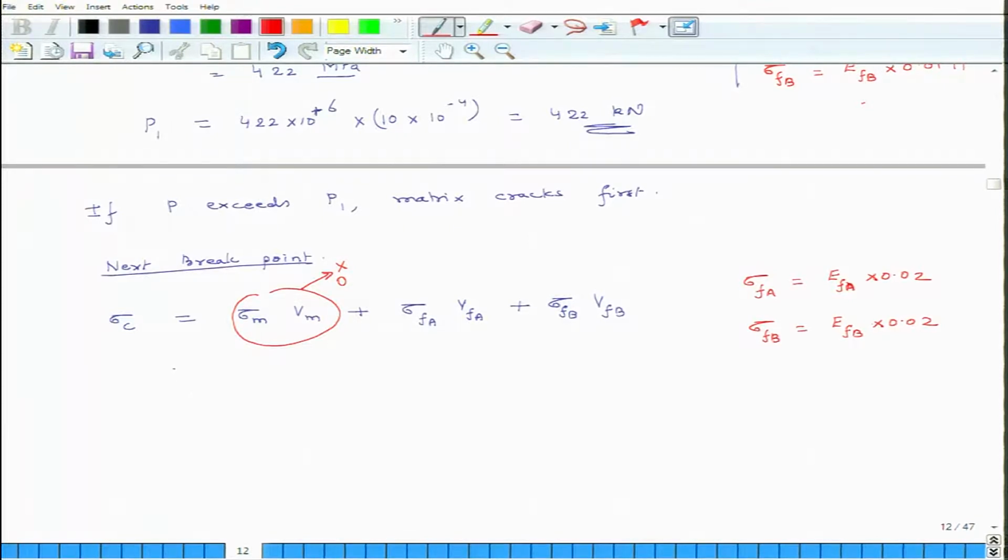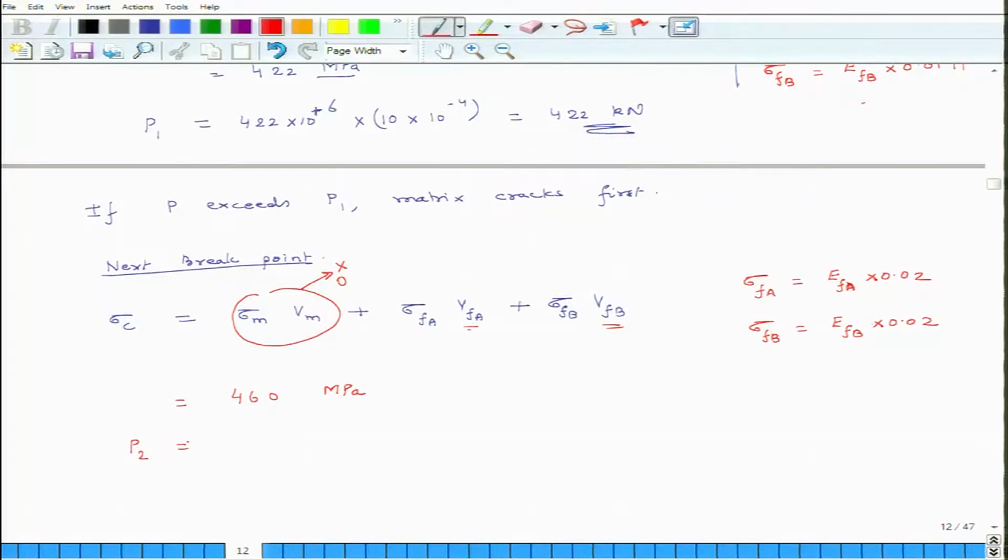You do this and you compute that, and we already know the volume fractions of fiber A and fiber B. So, they are not changing. So, once we do the computation, this comes out to be 460 MPa, and P2